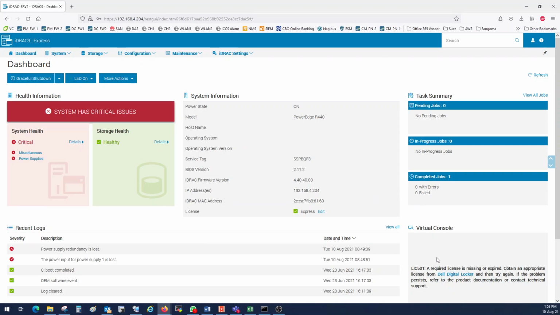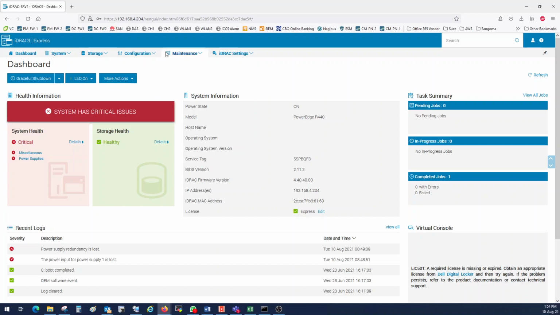So I did not purchase enterprise license to access it through the virtual console. For that, Dell is offering you 30 days trial license because it is only required for initial configuration. If it is the requirement of your company, you can go ahead and buy the enterprise license for that. But for me, the trial license is good enough because initially I need to configure it, and later on we don't need it to access it